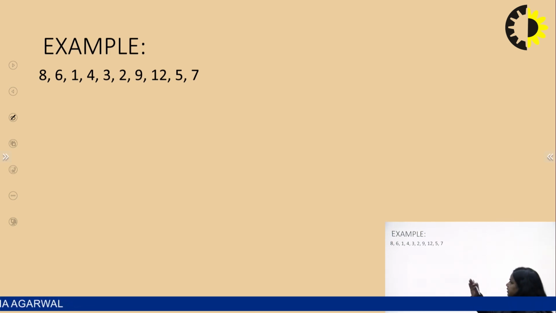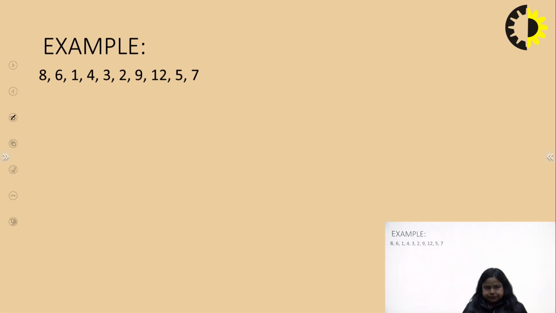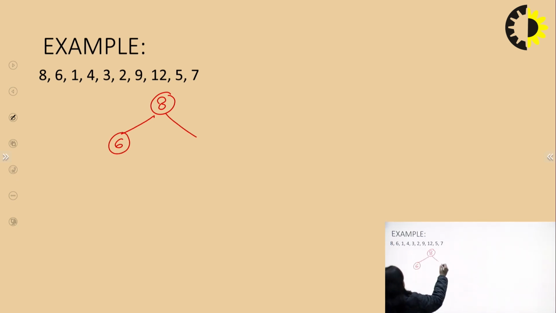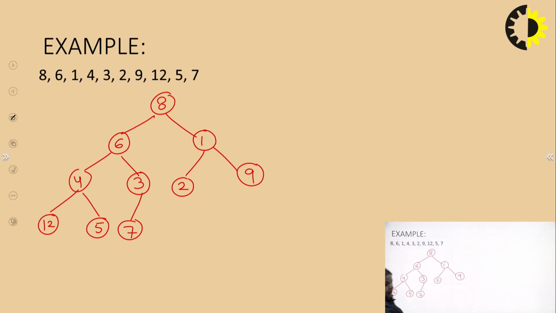First of all, whatever array is given to us, we have to generate a simple tree, right? So suppose I give you an array. First we write the root node, then the left child, and again the right child. This is how you have to generate the complete tree. Right? This is the way, first of all, you have to generate the tree.